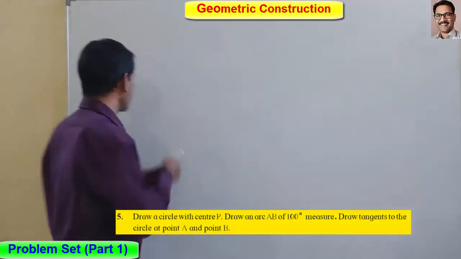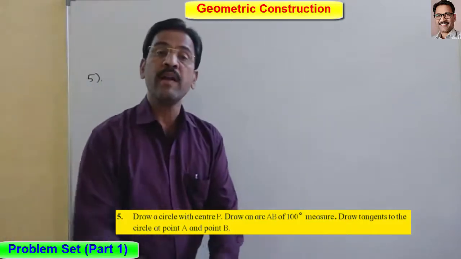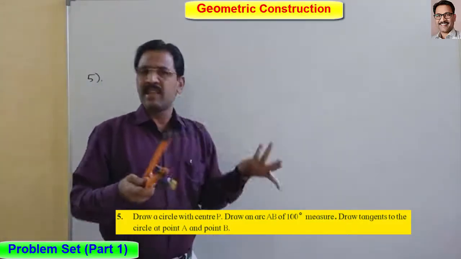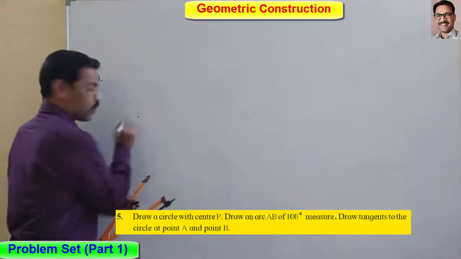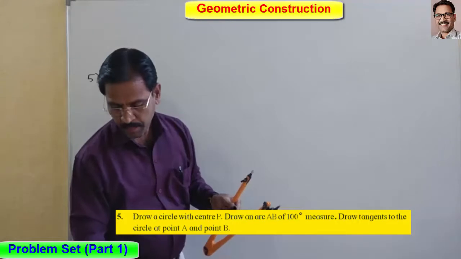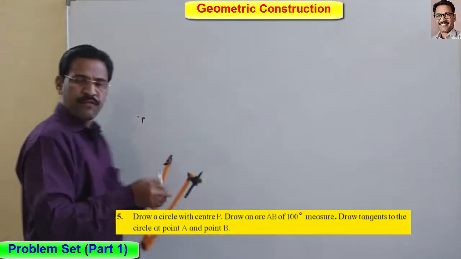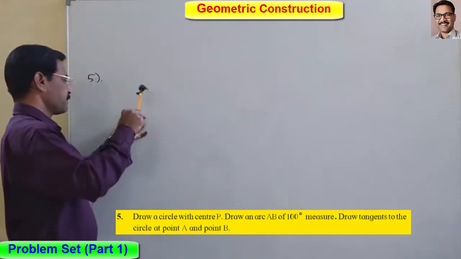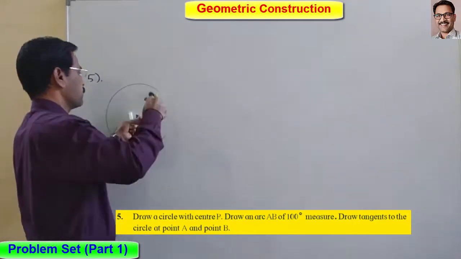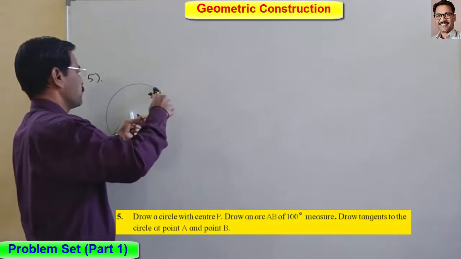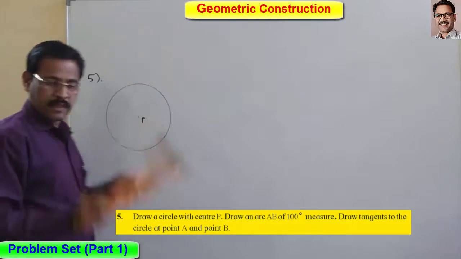What is given to us? This is the 5th sum. I draw for the rough figure one circle of any radius. This is a rough figure. Okay, look friends. I take this as a center. Whether a center is given here? Yes, center P is given to us. This is only a rough figure. Just look here. Okay, this is a circle.